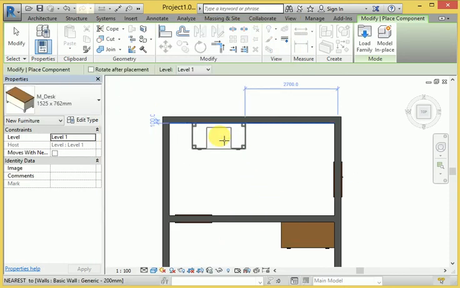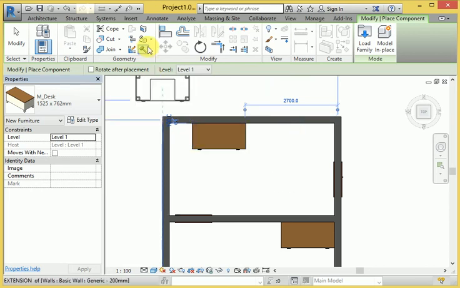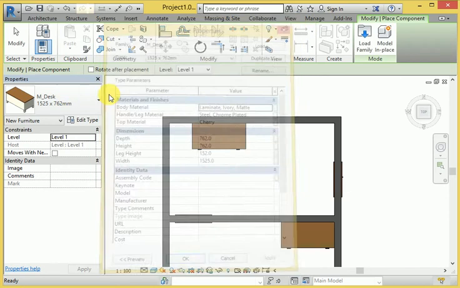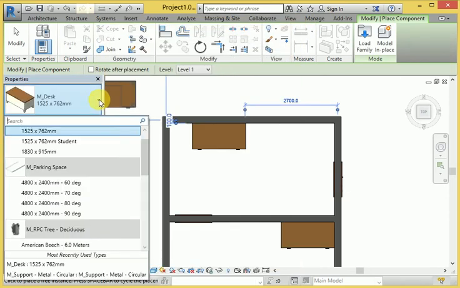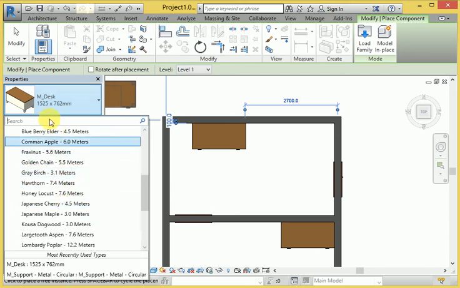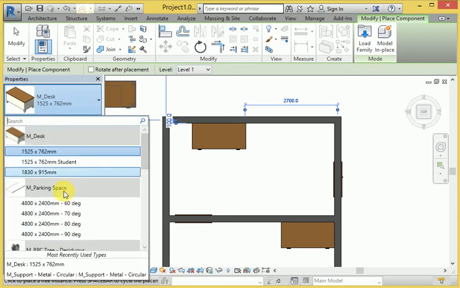So if I again change, here are many different sizes of table connection. Look at this, it is the different connection here.